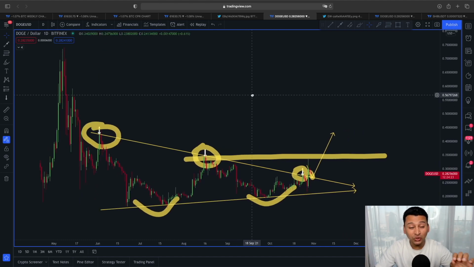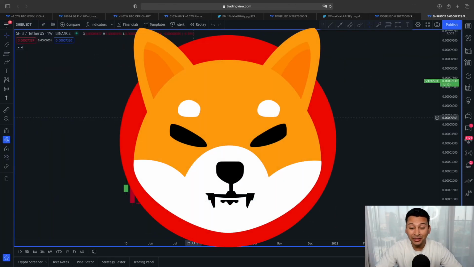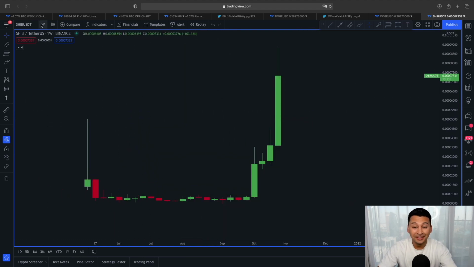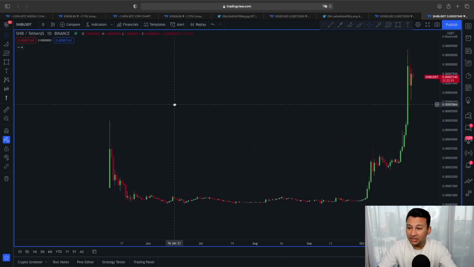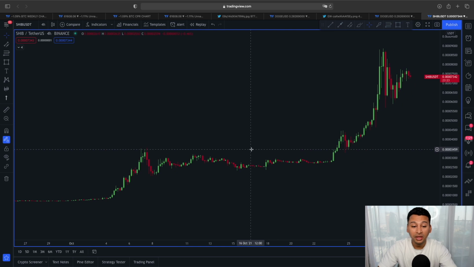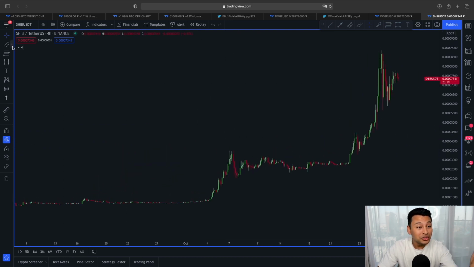And now let's also have a quick look at Shiba Inu. So guys, if we look at Shiba Inu in a weekly time frame, there is no way we can do any kind of technical analysis on this kind of chart. So let's switch this into daily time frame. In a daily, nothing much to see here. So what I'm actually going to do is flip this into 4-hour time frame, because in a 4-hour time frame, I can show you one very interesting scenario that could be playing out right now for Shiba Inu.